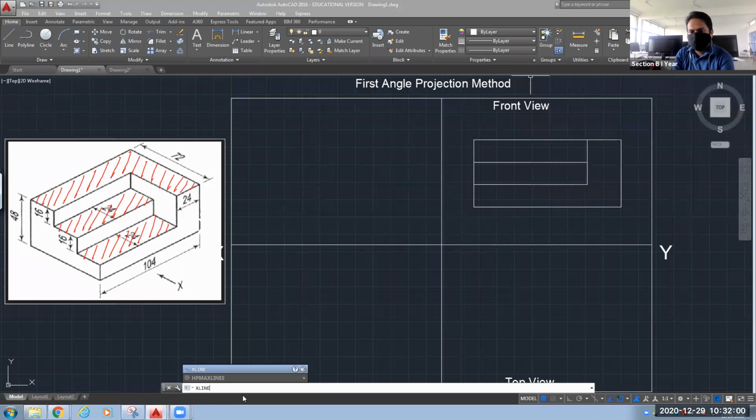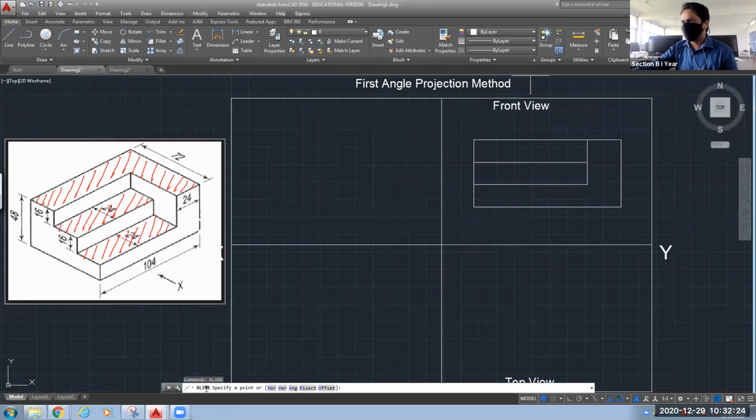You can see in the command line, the command is XLINE. The difference between the line command and XLINE is that the line has finite length, whereas in XLINE the length is infinite.